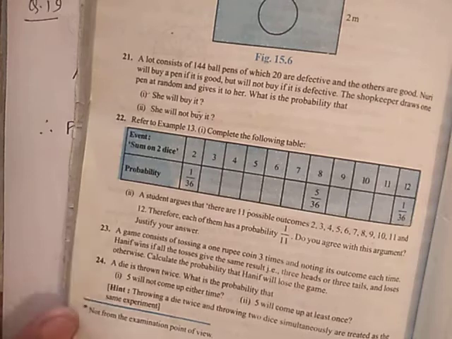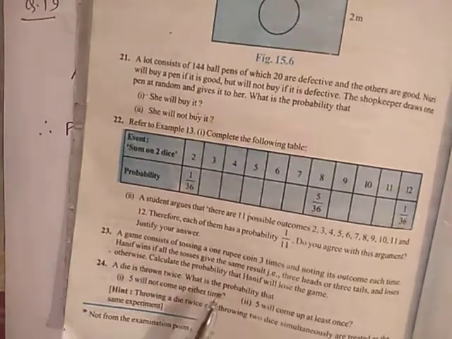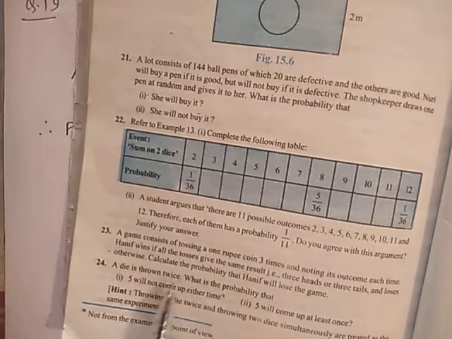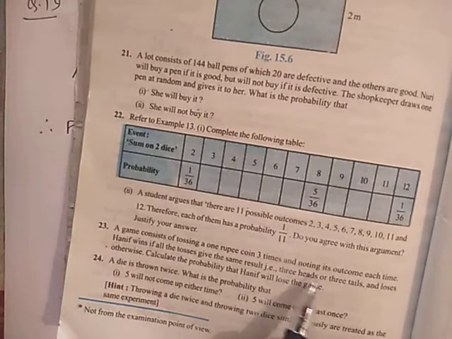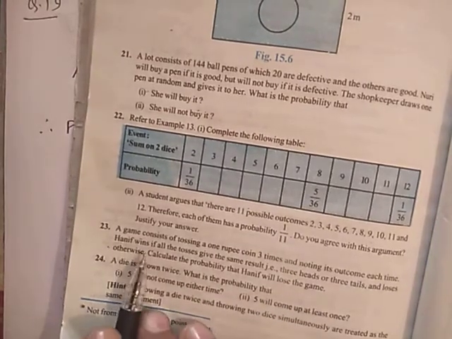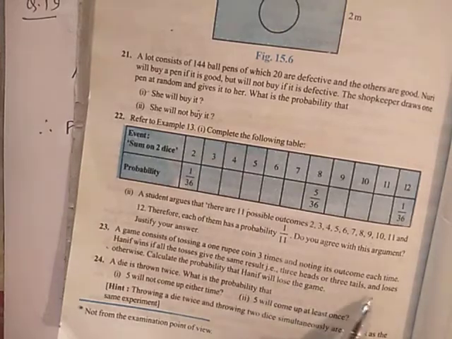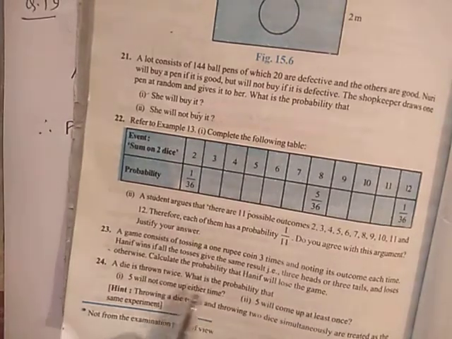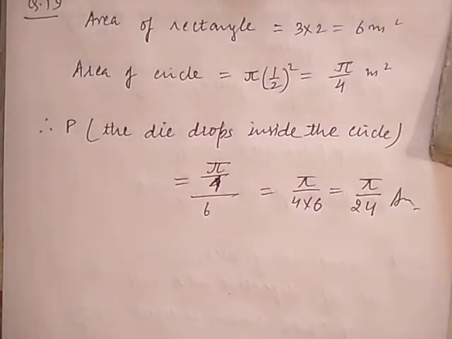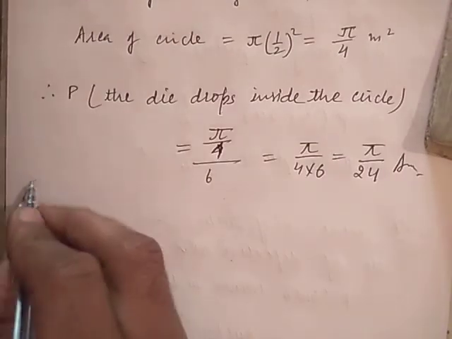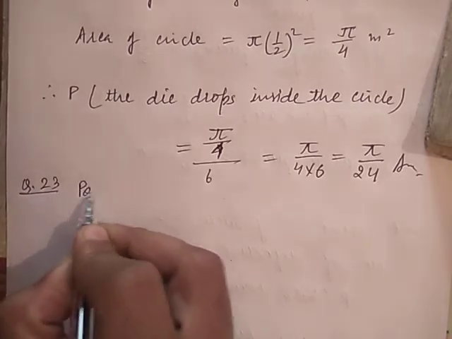So I will do question number 23 here. A game consists of tossing a 1 rupee coin 3 times and noting its outcomes each time. Hanif wins if all the tosses give the same result, 3 heads or 3 tails, and loses otherwise. Calculate the probability that Hanif will lose the game. So it is very simple. Question number 23, possible outcomes